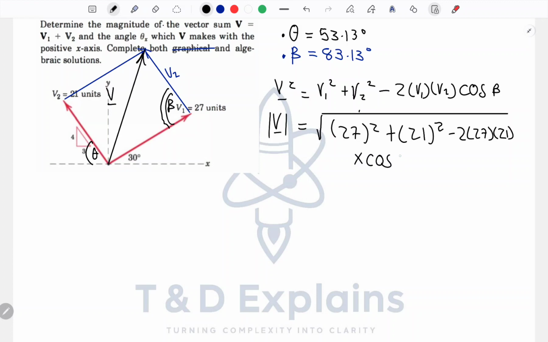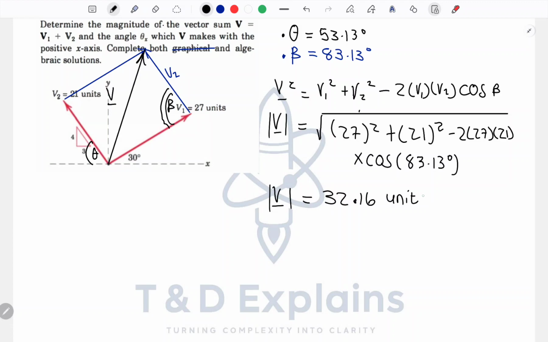Beta, and beta is 83.13 degrees. V is going to be equal to, you get an answer of V being equal to 32.16